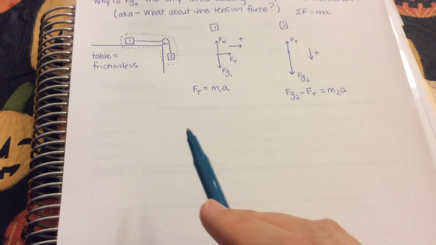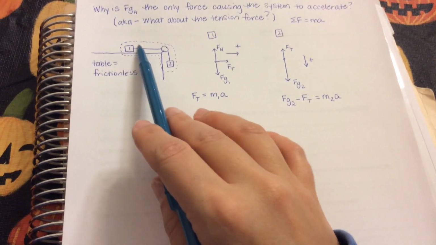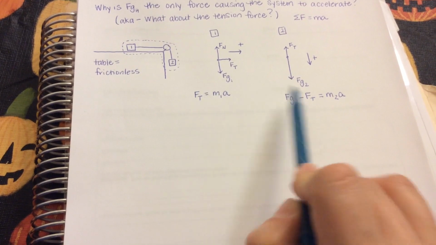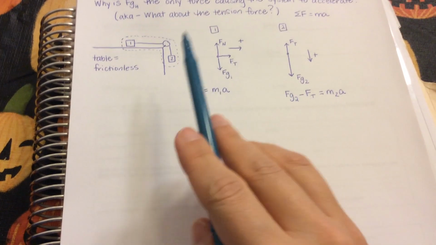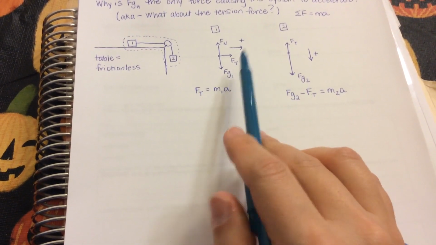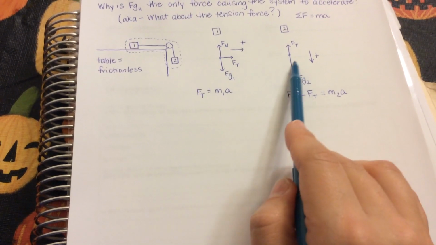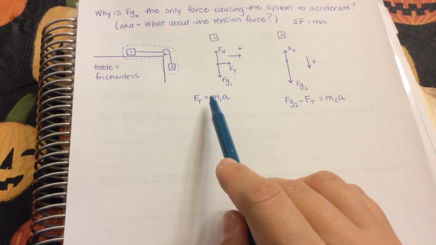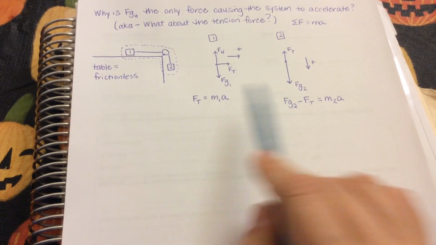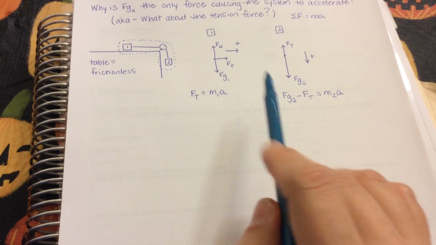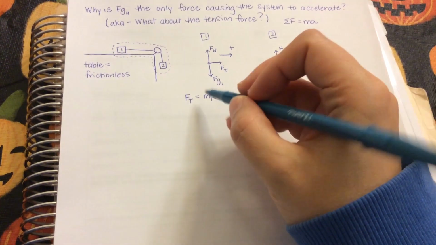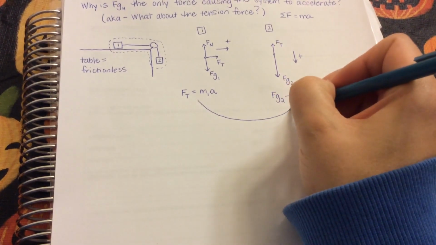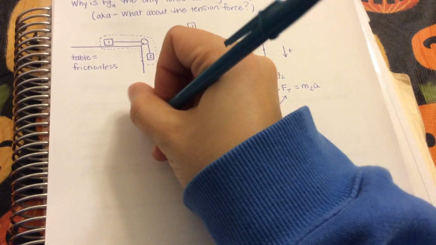The big thing that we need to remember is, because these are attached to the same string and the string is moving over the pulley, these two force tensions are going to be equal. And since the two blocks are moving as one object, the acceleration of block 1 and the acceleration of block 2 will be equal as well. We can use that to our advantage when we're looking at these two net force equations with two unknowns. So I'm going to take this equation, force tension equals M1A, and plug it in over here and substitute. And I'll get that FG2